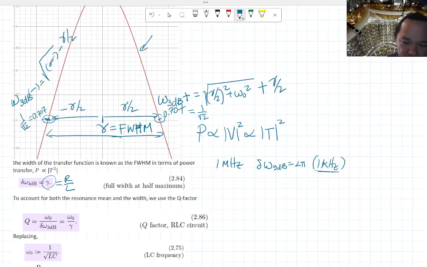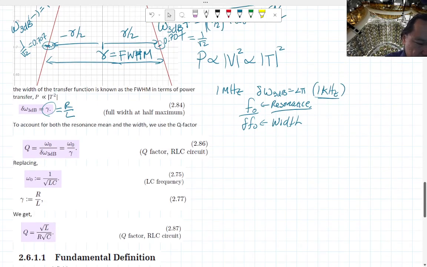So the thing we actually want to quantify is some ratio of this delta frequency. We want the numerator to be the frequency that we actually want to transfer the signal at, so that's around the resonance frequency, divided by some delta frequency, which is the width, right? This is the width, this is the resonance. And you actually end up with something that's unitless also, and therefore applies to everything. Okay, so to account for the mean and the width of this, we can use this thing called the Q